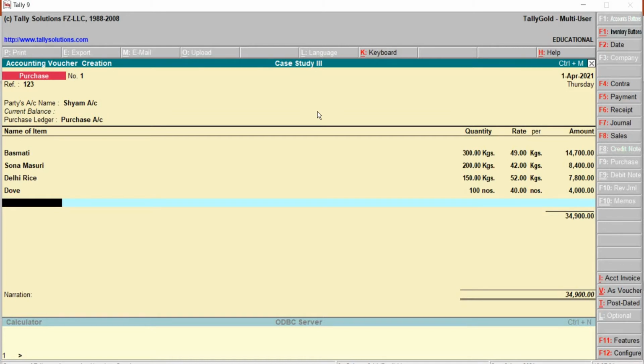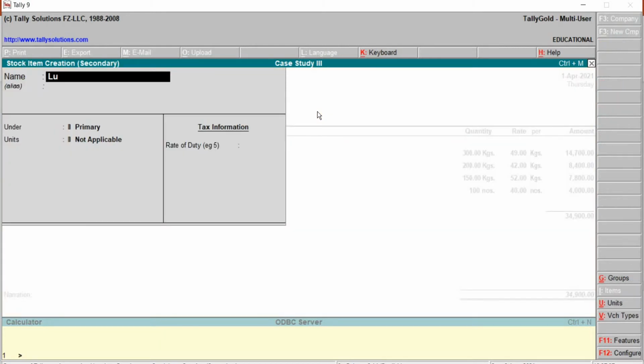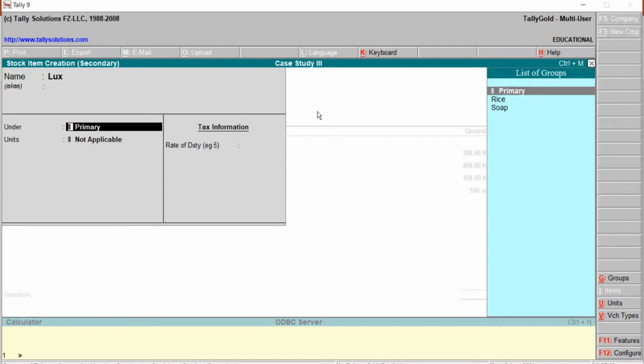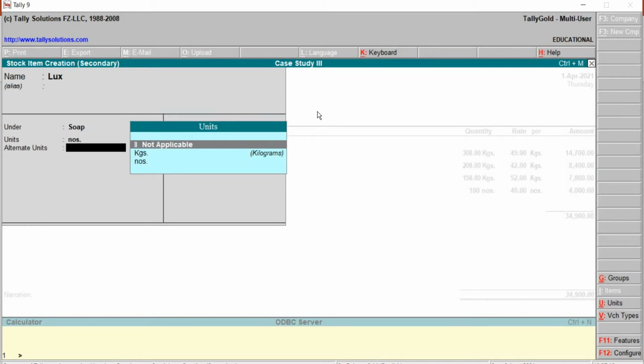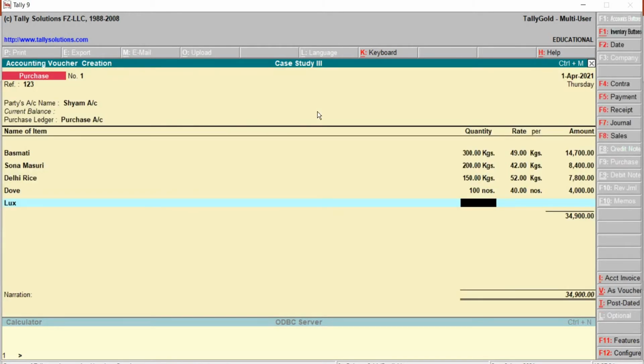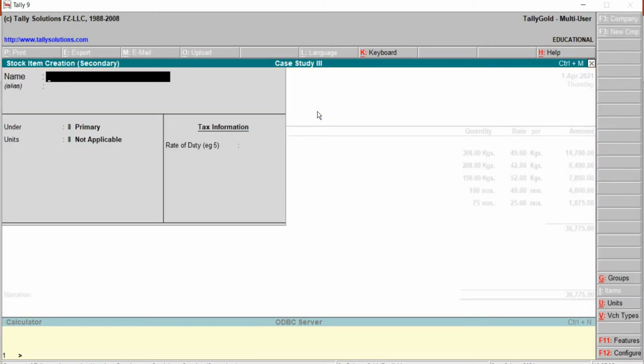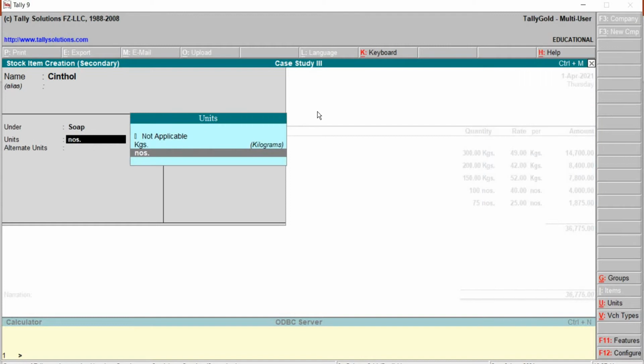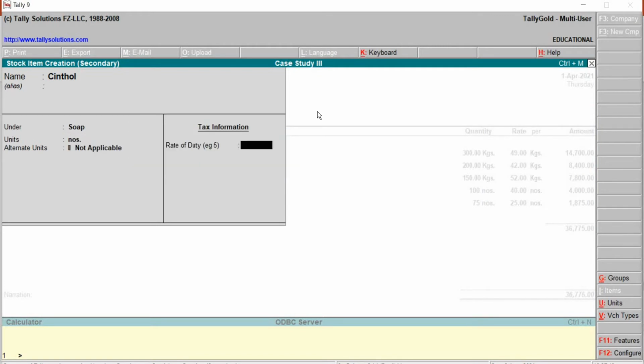The next one, Alt C. Soap, numbers, not applicable. Save. Quantity given is 75. Rate is 25. Next one, Alt C. Numbers, not applicable.